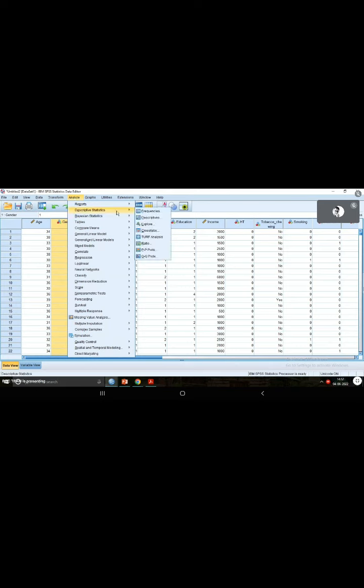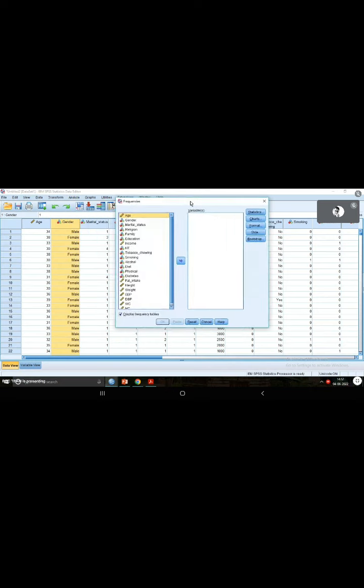Frequencies. Frequency and percentage, right? Count and percentage. So how do we do that? How to summarize this? Again, you can go to the same option as before. Okay, analyze, descriptive statistics, frequencies. Now this time, select the variable of interest, but do not uncheck this option.